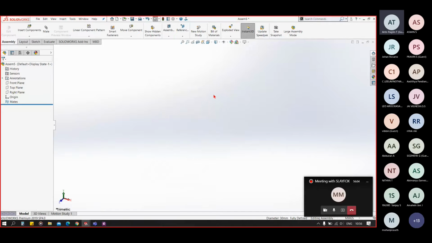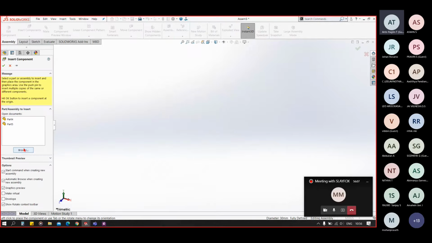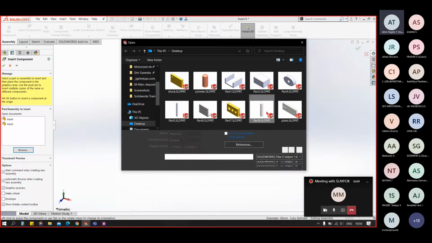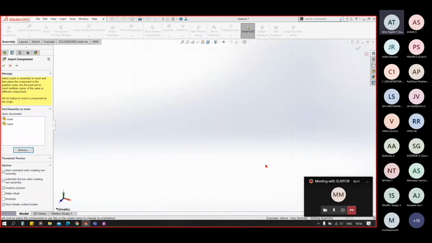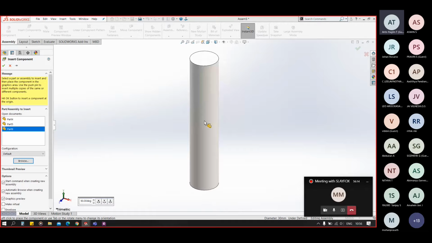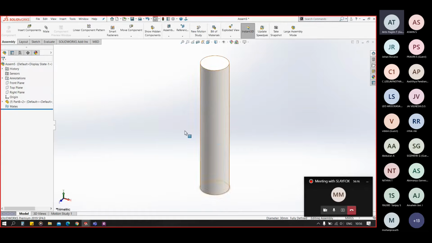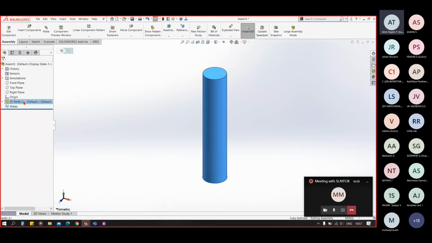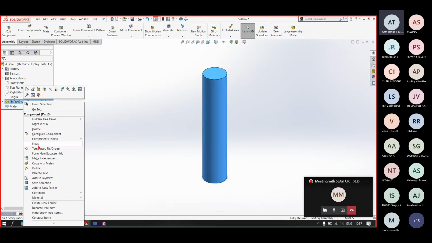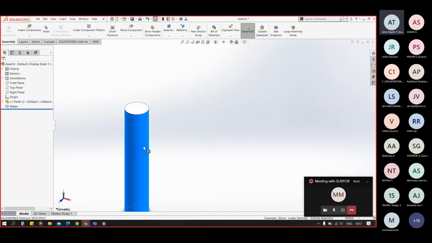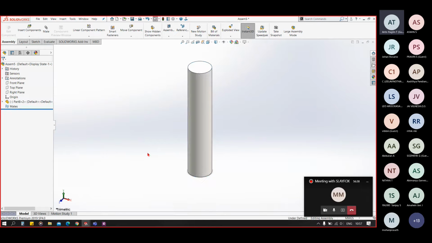So firstly, what mistake have I made? I have inserted this part 8 and I clicked somewhere else accidentally. Okay, so you can see the origin is not at the exact center of the part. Also, I wanted this shaft in a horizontal manner. So for that, I clicked on the part name, right clicked, and made this float, so it will be easy to move in the assembly.